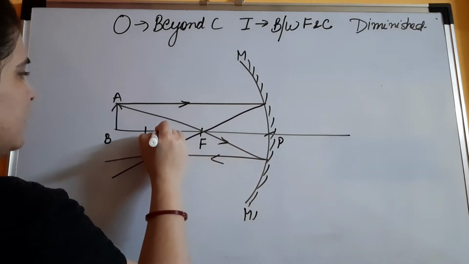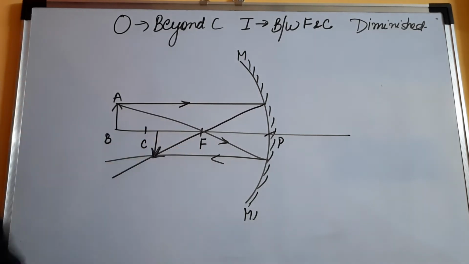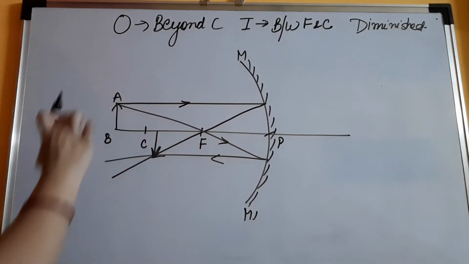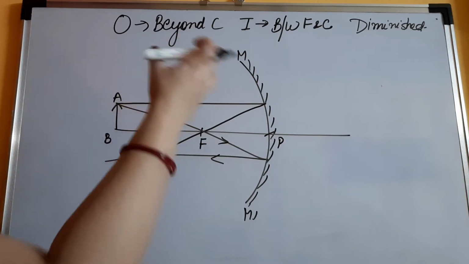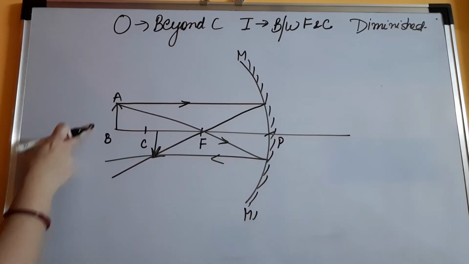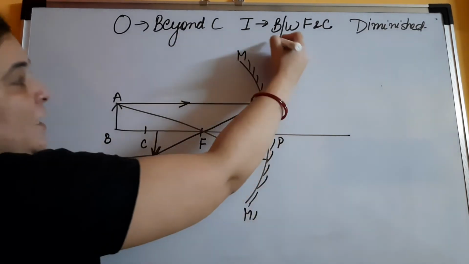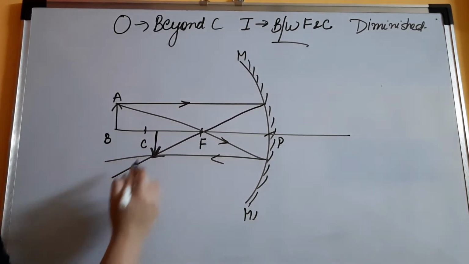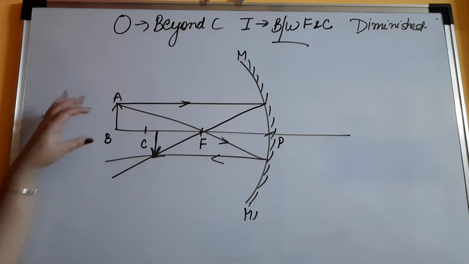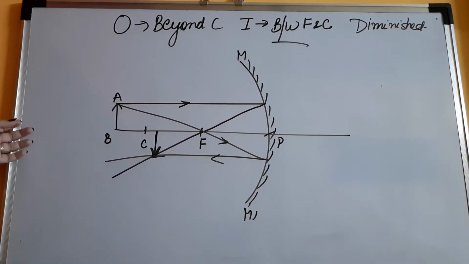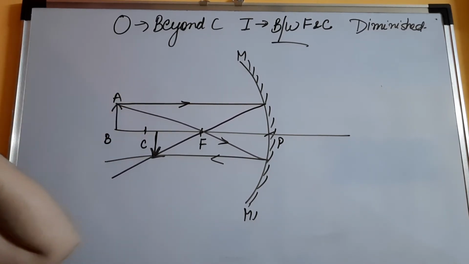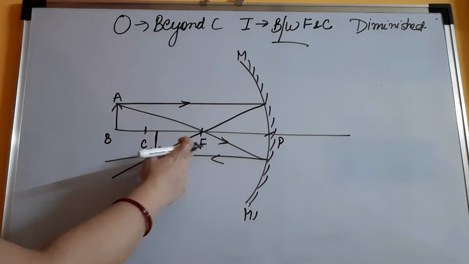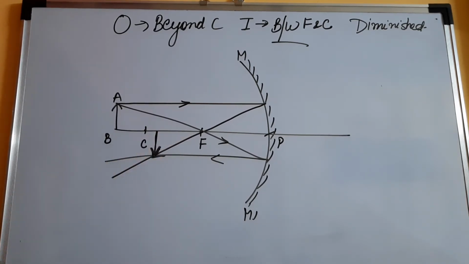So if you see here, the rays are meeting at this point. Object is this much, image is this much, so it is going to be diminished as compared to the object, and it is between F and C, somewhere between F and C. So again, it depends whether you're keeping the object here or at some larger distance or very near to C itself. But it is formed between F and C, and this is how you're going to get the image. So moving ahead to the next one.